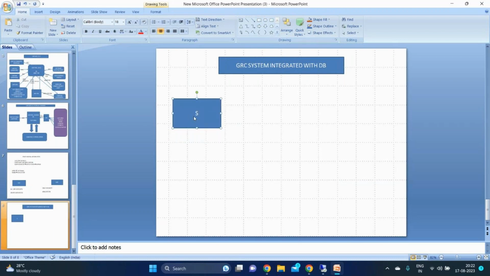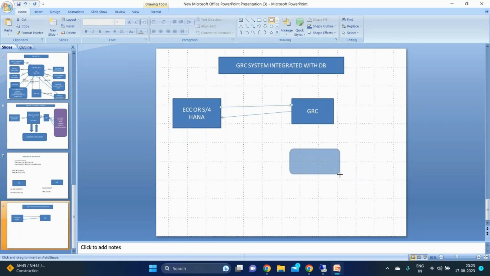This is our ECC system or the S4 HANA system we are going to have, and here we have the GRC system. So what are we doing? We are going to operate in this way. From the GRC system, we are going to get the data in this way. But whatever operations we do here should also be updated in the HANA database. So to verify this, what we have to do is